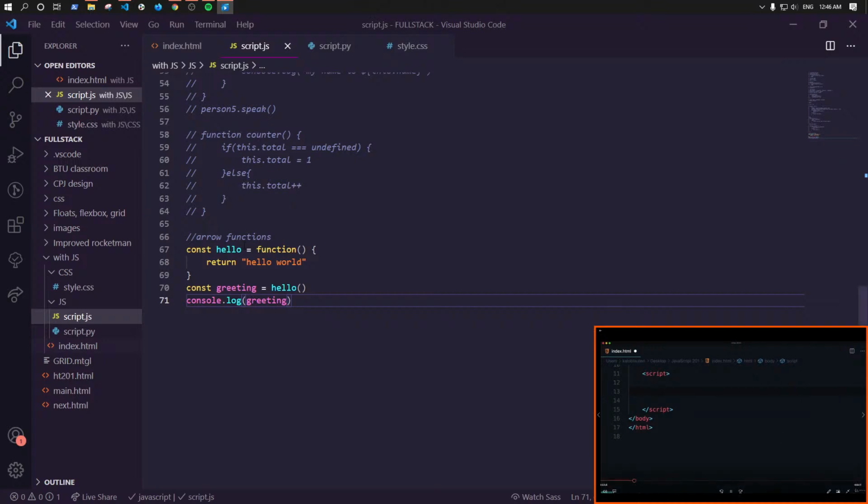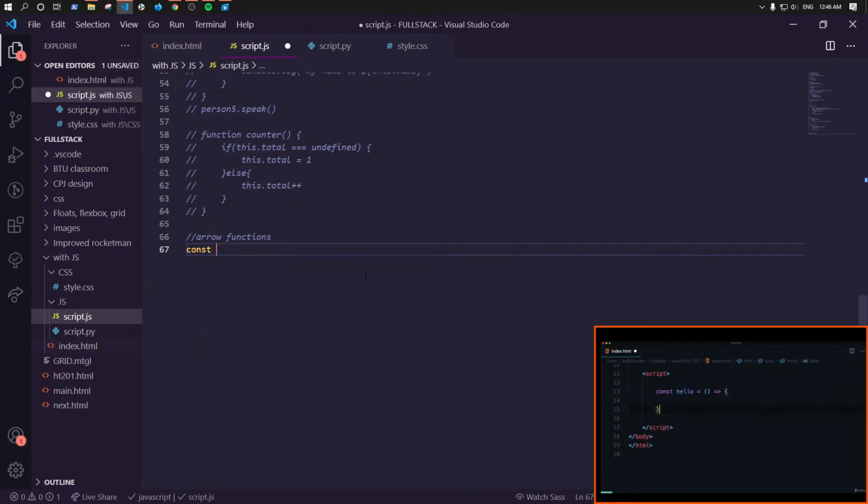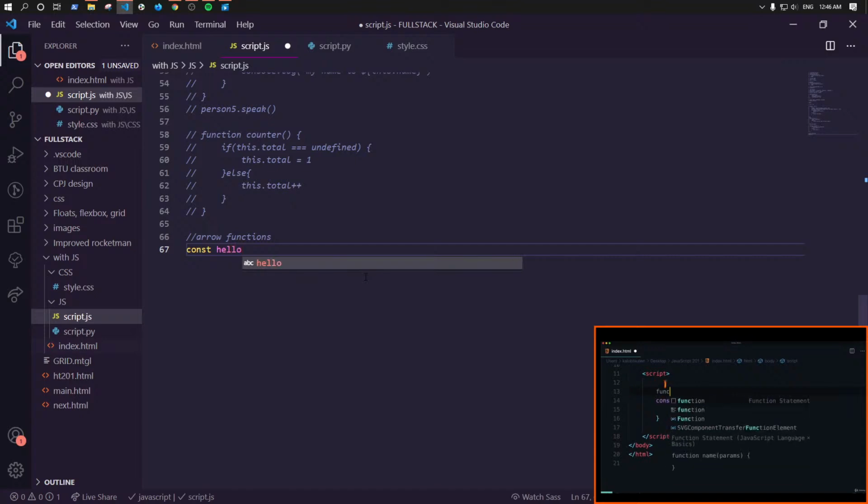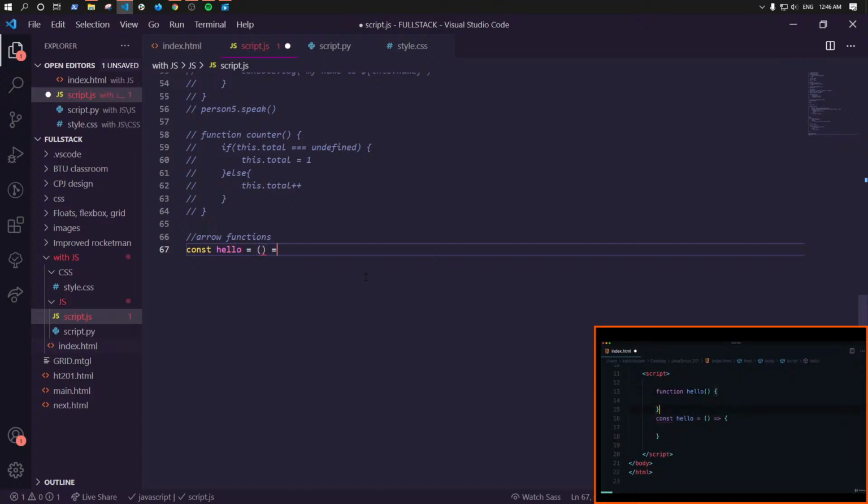So another way of writing this could be const hello is equal to brackets arrow and that. And so essentially what we've done here is function hello is equal to something like that. This is the old way of doing it. The new way of doing it is const hello brackets arrow